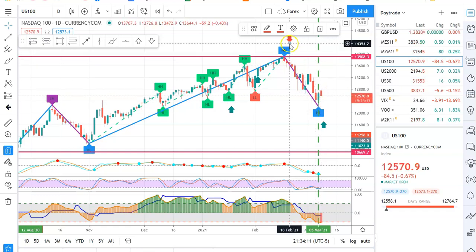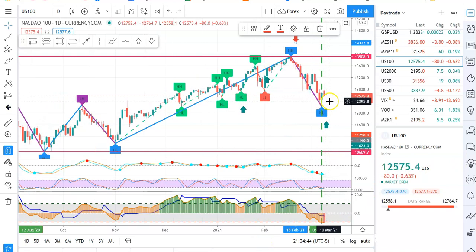Likewise up here, I took a short trade 2 bars after, and the RSI had crossed down. You can do the same thing over here. RSI crossing over, 2 bars after, take it up, and that would have been a nice long trend. So we're waiting for Nasdaq. I think it's going to happen.